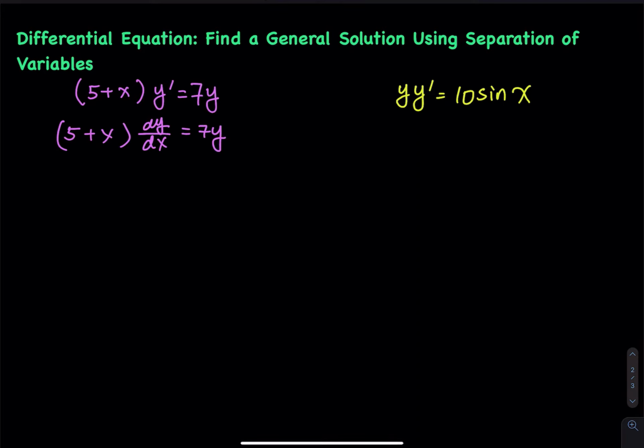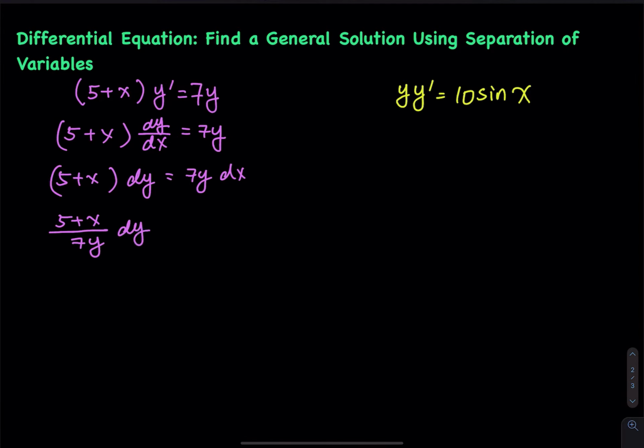The next step is I would like to move the dx to the other side. So you have (5 + x) dy = 7y dx. And then the dy is on the left hand side. Let's divide both sides by 7y. So we have (5 + x)/(7y) dy = dx. And then you divide both sides by 5 + x. So you have 1/(7y) dy = 1/(5 + x)